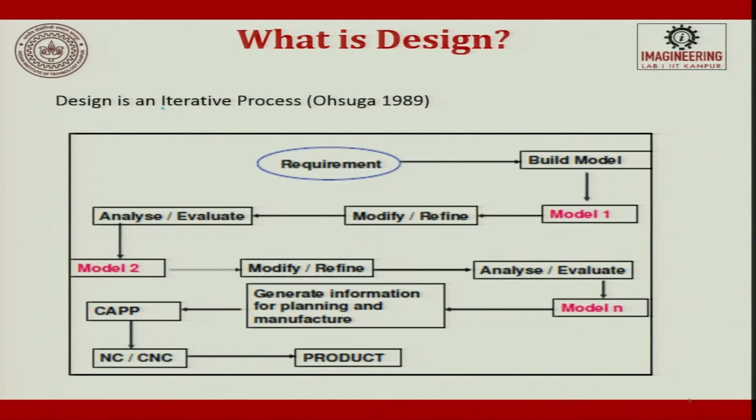Design is an iterative process. First word to remember is design is a process, second is an iterative process. That means to say there is nothing called a dead end in a design process, or in a design of an object, design of a product. Every time when you try to design, you will always apply optimization techniques and try to evolve and go towards a better customer satisfaction. Okay.